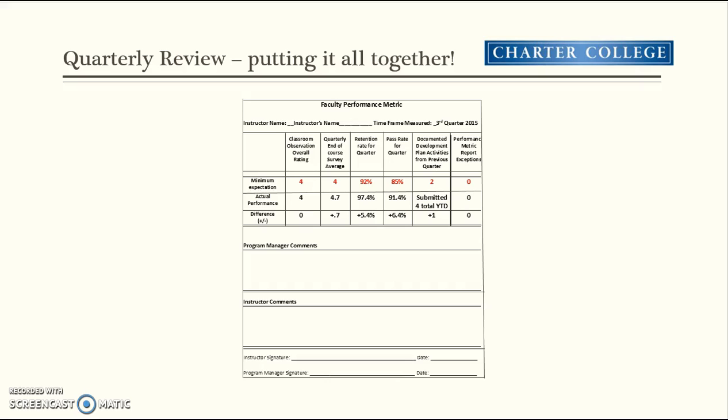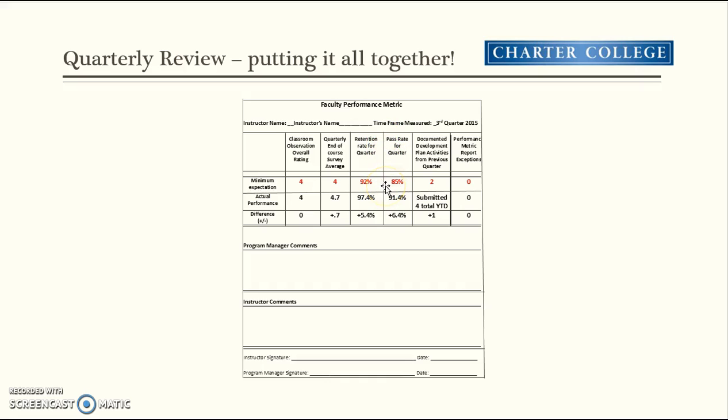Putting it all together, this is what the quarterly review form looks like. It will have the instructor's name and the quarter where the instructor was being measured. It will have classroom observation overall rating with a minimum expectation of 4, quarterly and course survey average with a minimum expectation of 4, retention rate for the quarter, minimum expectation of 92%, pass rate for the quarter, minimum